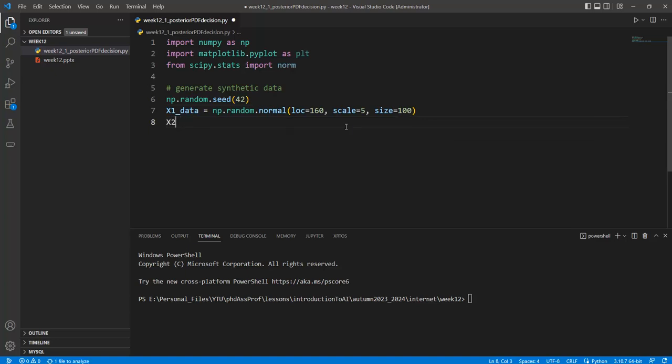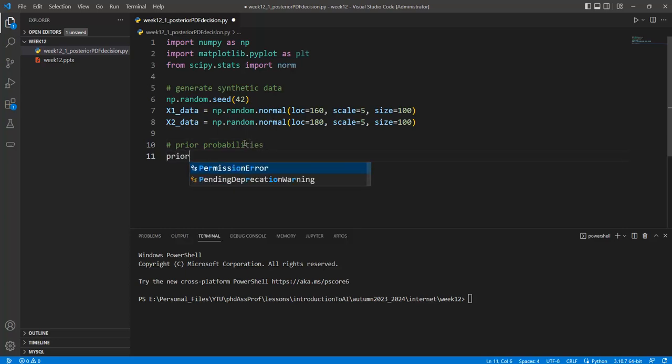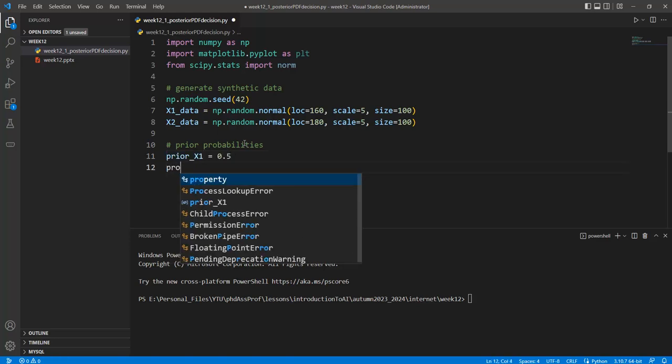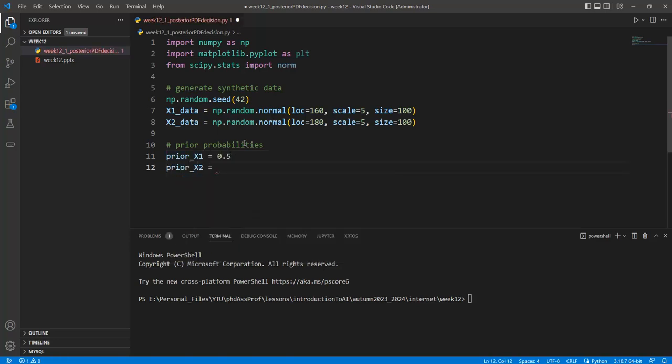Okay, and so the x2 data should be created with the same analogy, but in this case the mean is 180. Okay, so in the first place we have the size 100 and 100. We should assign the prior probabilities in here. Okay, prior x1, prior x2 0.5, because we have the equal size of x1 and x2 with the number of 100